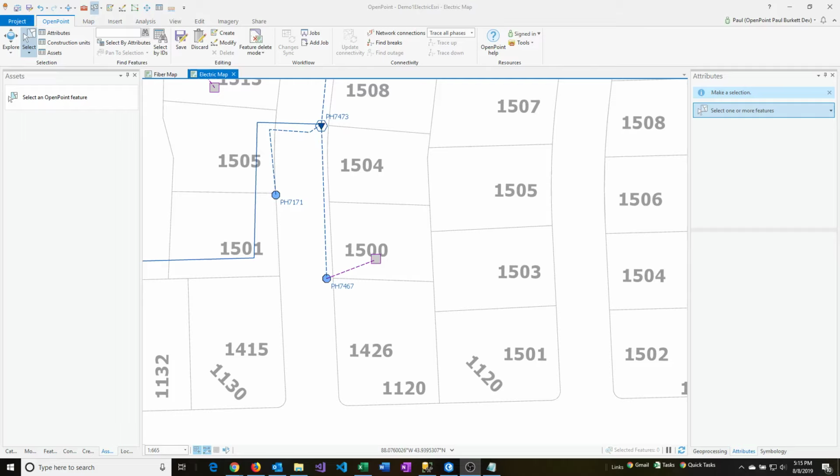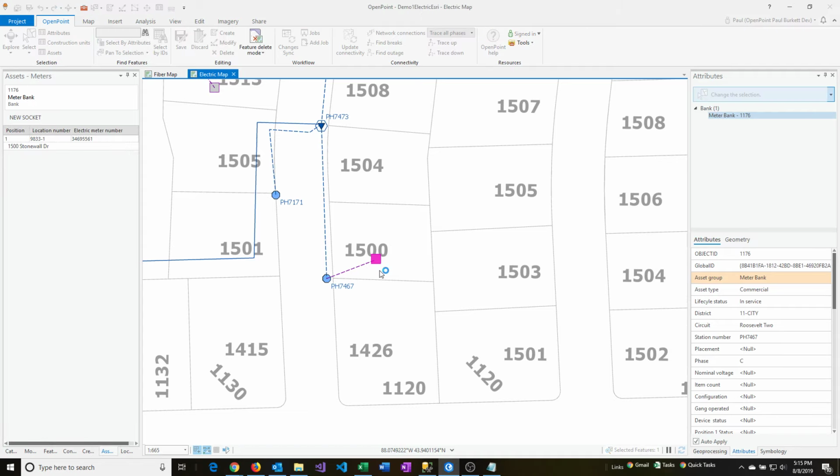The electric meters in OpenPoint were designed to work with a customer billing system. So on the mapping side, you end up entering in and setting up all of your meter features like this one that I just clicked on. And then you can set up the sockets that are associated to it. So if it's a single family residence, typically you'll have a single socket for 1 meter bank like we have listed here. If you have, let's say, an apartment complex, you might have several sockets associated to that 1 meter